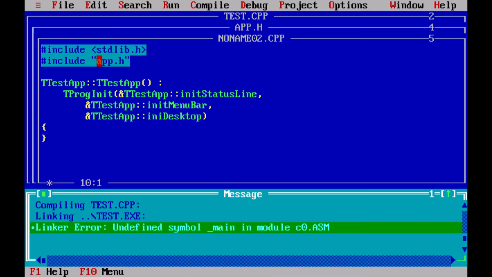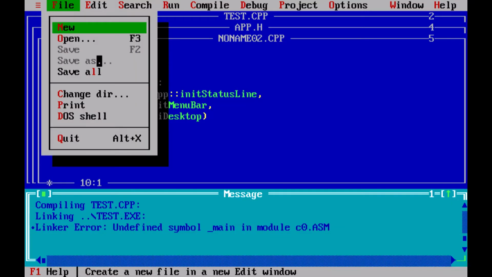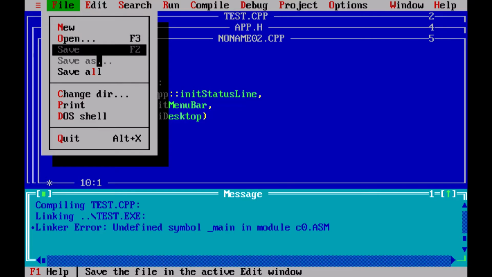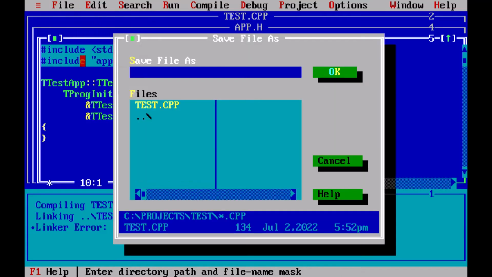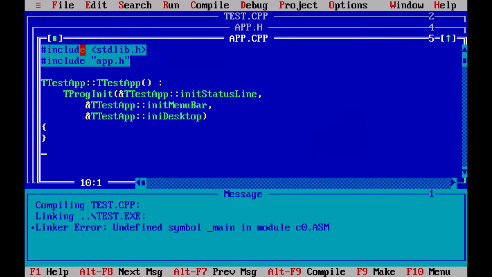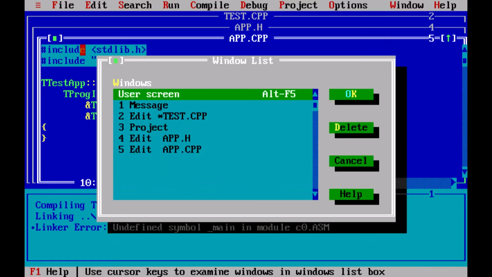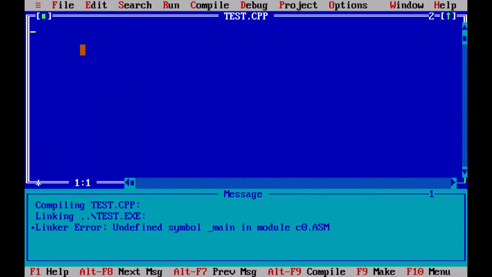Okay, so I need to save this file. Actually, I need to do a couple things. So I'll save this one as app.cpp. And then I need to go back to our main file, and I need to create an instance of the class and run it. So I'm going to include app.h,